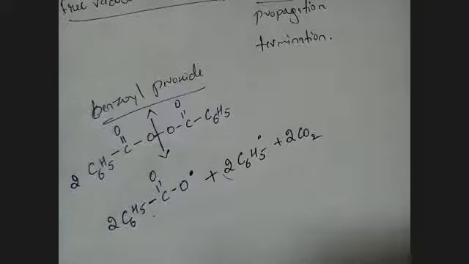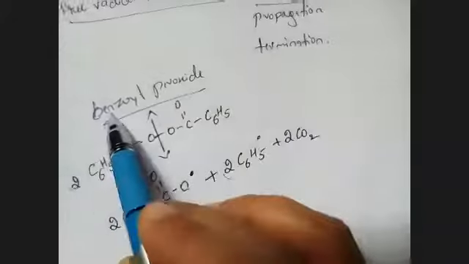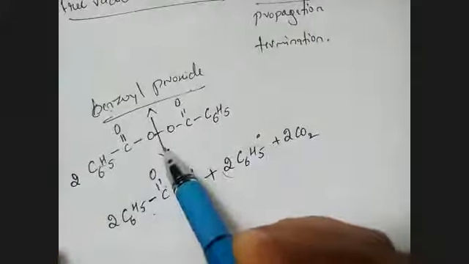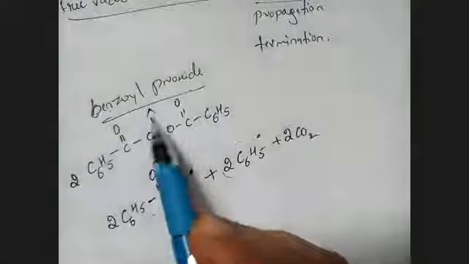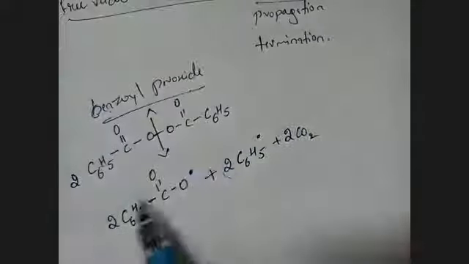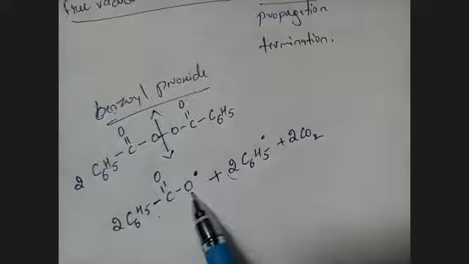Does it balance? See what I'm doing. If this is one chain that is called benzoyl peroxide, fine, I'll agree. You are making it as a free radical. By that, you are breaking the bond between O-O. You will get 2 molecules of C6H5, C double bond O, and this one.